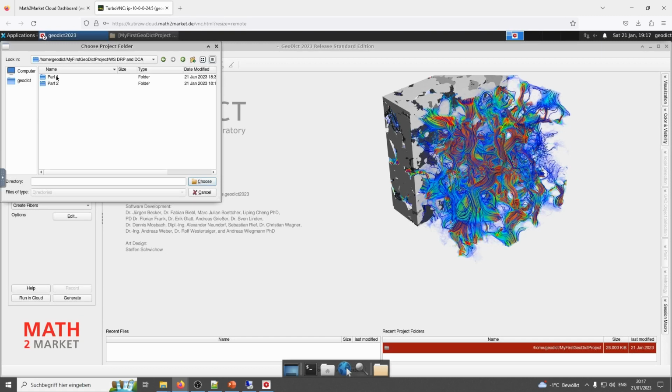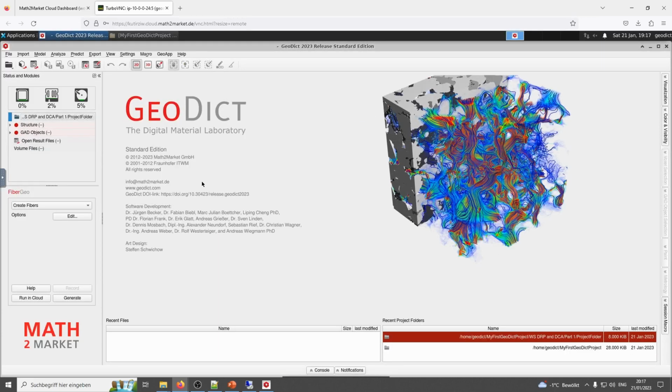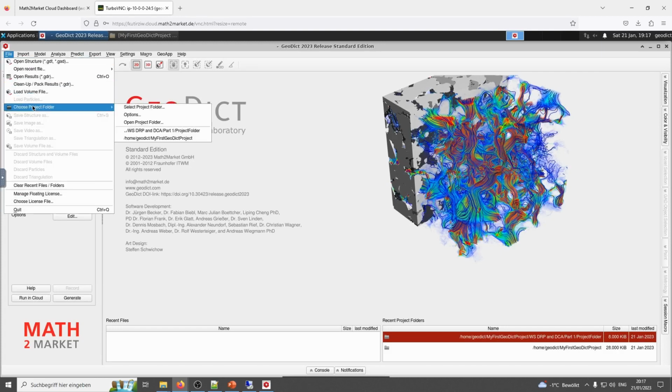Double-click Part 1. Please find here Results M2M and select it as our project folder, our working directory. Click Choose. This can also be done through the main menu on the left top: File, Choose Project folder, select Project folder.